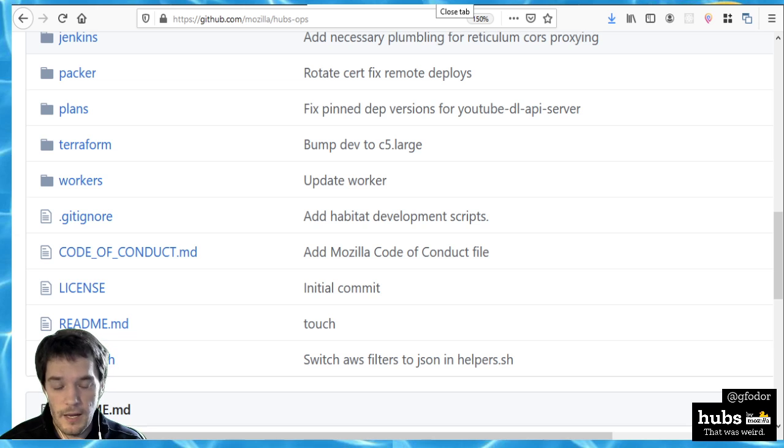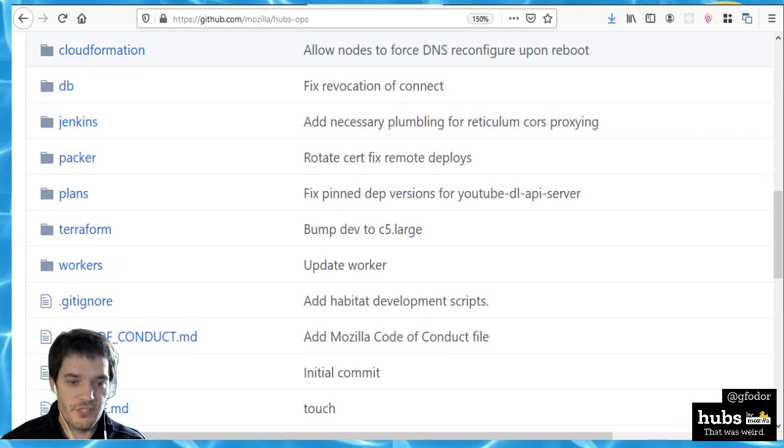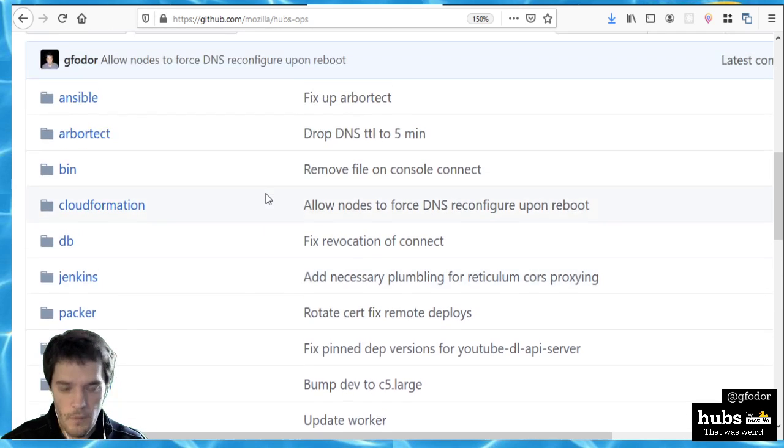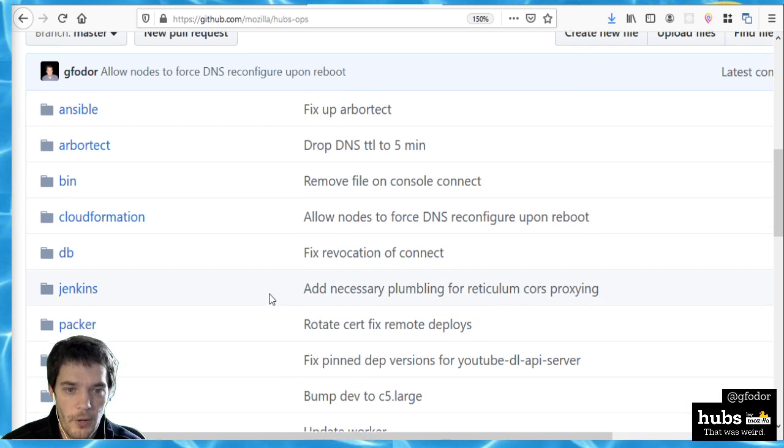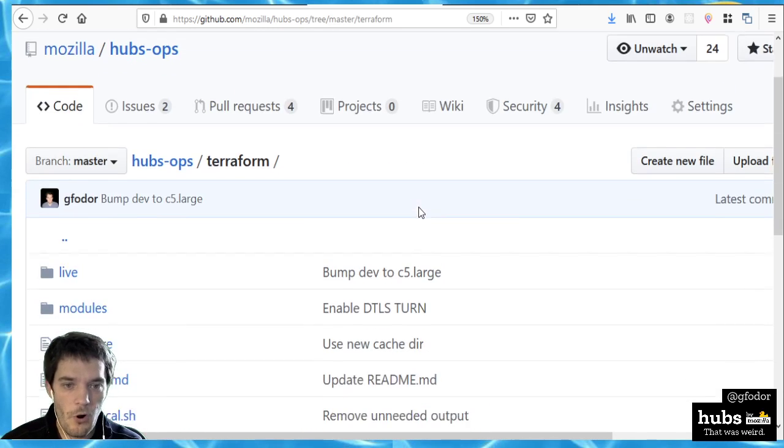Now, since the launch of Hubs Cloud, a lot of this is no longer needed for your average person, because we've gone ahead and automated it on AWS Marketplace and now an alpha of DigitalOcean. And so most of these things are no longer needed for anyone that wants to just get up and running. But it can be helpful to see how we do it if you are someone that is looking to stand it up on your own infrastructure in your own way. And this is a good place to start if you have an operations background to do so. Okay, so in our repo, we have a Terraform folder, and this is where we keep all of the stuff